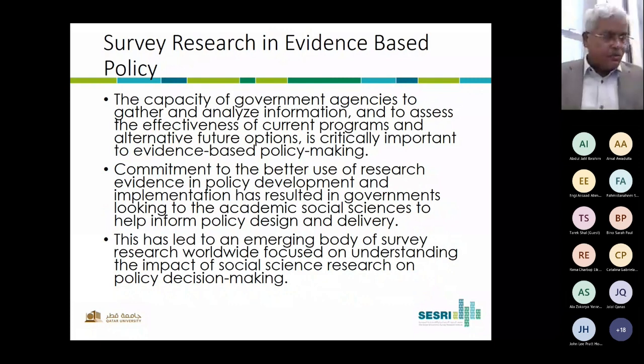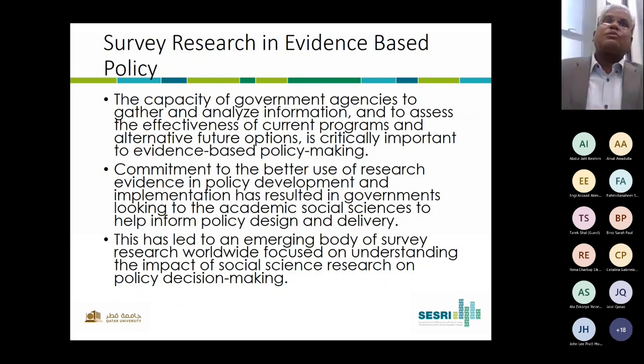Today, every government is undertaking surveys through survey organizations. They are seriously interested in collecting data, gathering survey-based data in policy making. The commitment to better use of research evidence in policy making development and policy making implementation has resulted in governments looking into academics, social scientists, survey researchers to inform health policy or social policy design and delivery. This has also led to an emerging body of survey research worldwide focused on understanding the impact of social science research